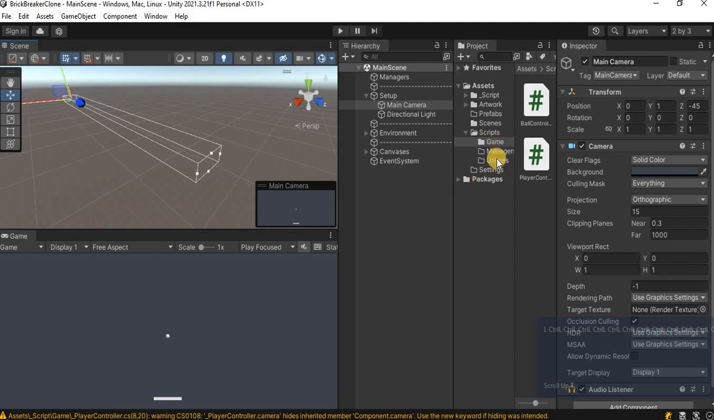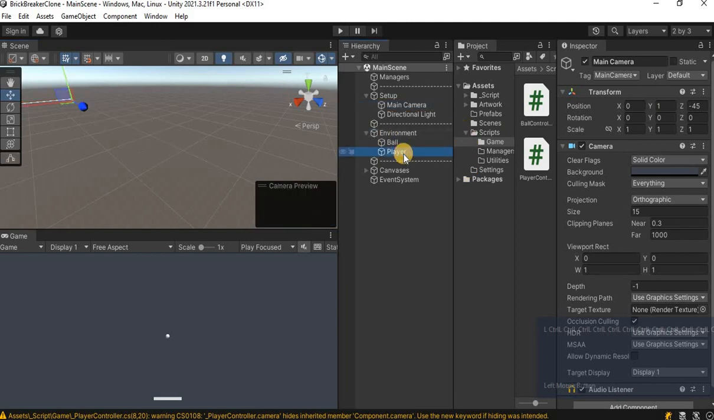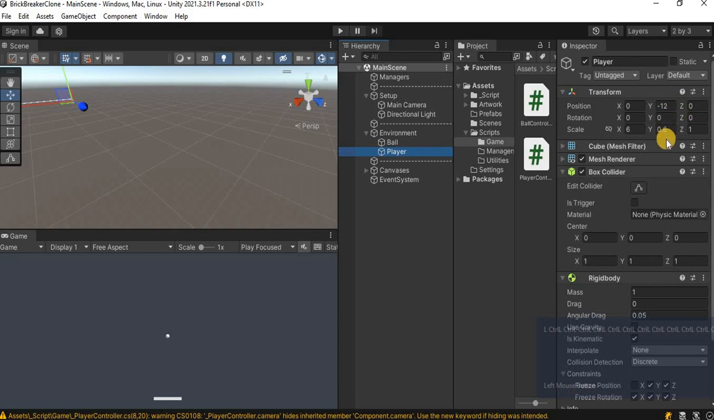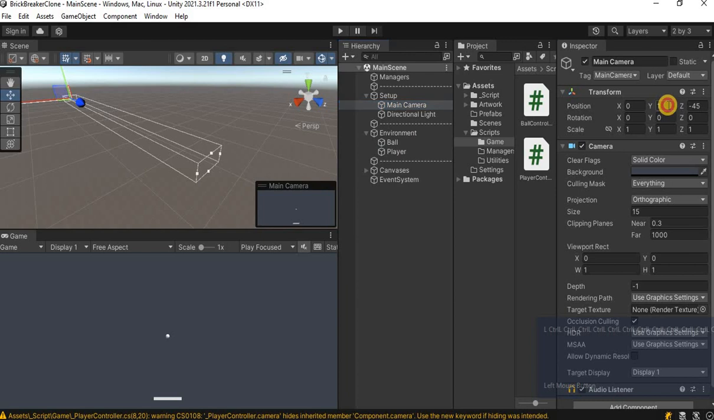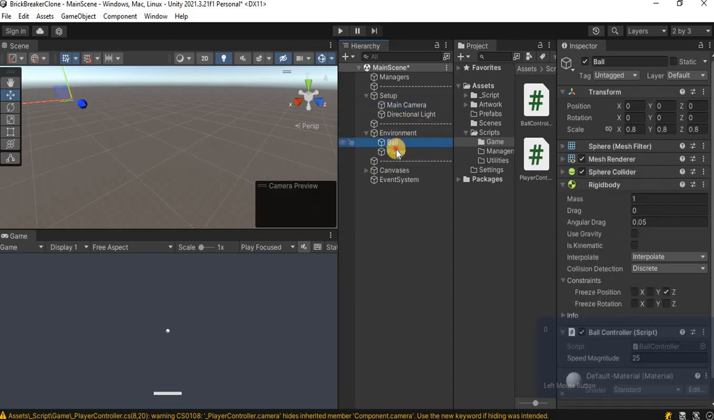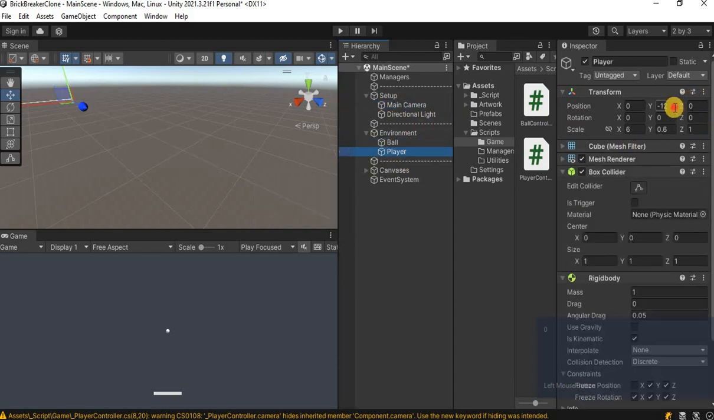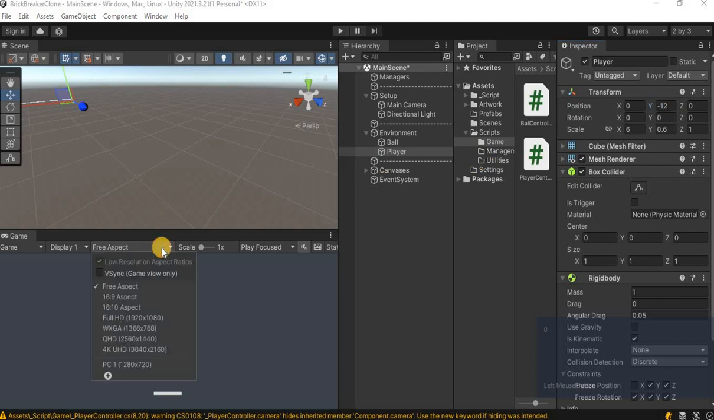Also, if we check the player again, where's the player? Okay, I've shifted my player downward, negative 12. Let me switch this one to 0, so that we become consistent. And then my player, where's my player? First of all, change from free aspect to full HD,